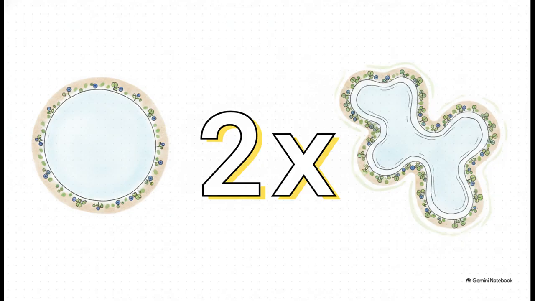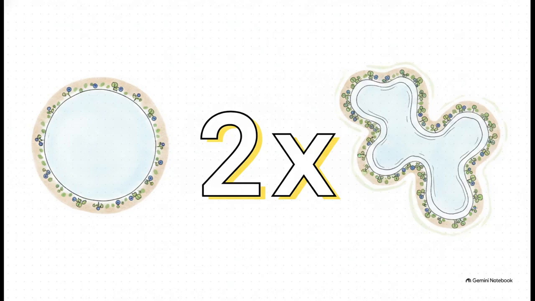That gives you exactly 100 square meters of water surface, right? If you dig that pond as a perfect circle, you get a fixed amount of shoreline to plant your water-loving crops like blueberries or watercress. But if you take that exact same 100 square meter water volume and crenellate the edge, giving it deep, wavy lobes, you can literally double the effective circumference. You double your highly productive edge interface and your plantable area, all without taking up a single extra drop of